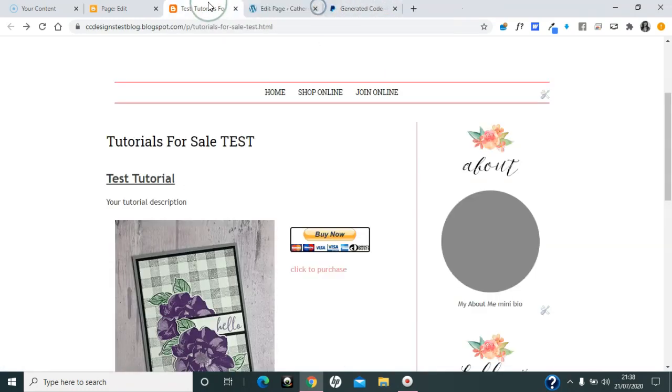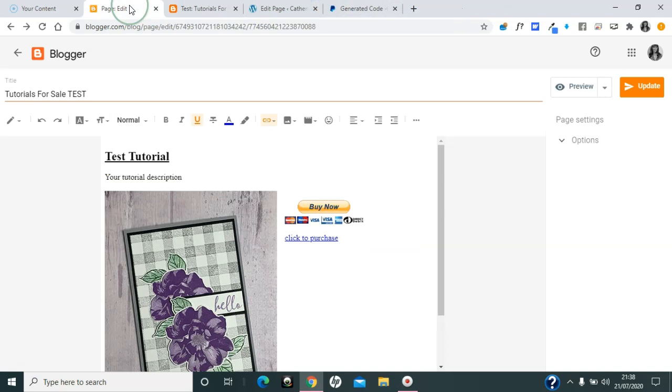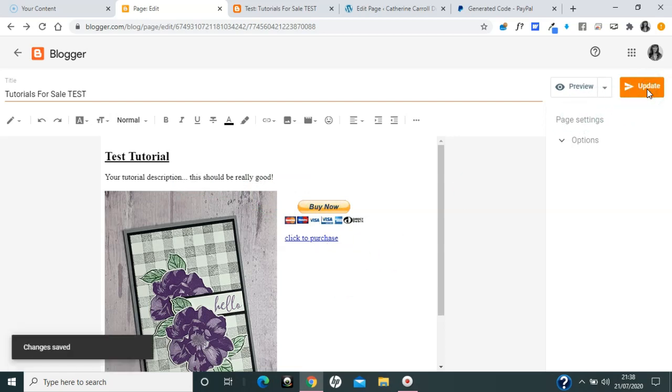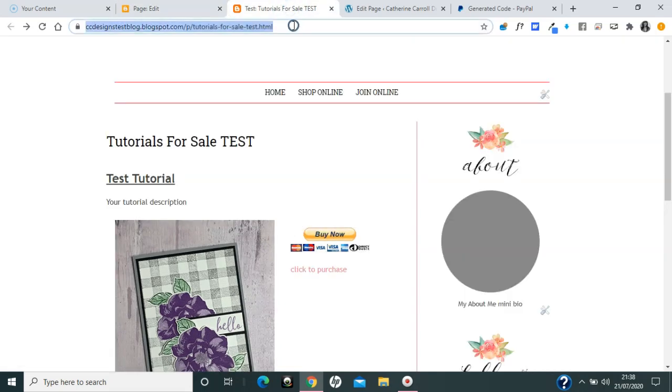Okay, so what we just want to test is that if I go in and now make an edit to this in some way, okay, so I've just edited it in some way. So you remember that last time when I made just a really simple edit to it, the button broke. Okay, I've now saved the changes. If I refresh again, what we don't want to happen is this link to break. So if I click this, it opens in a new tab,